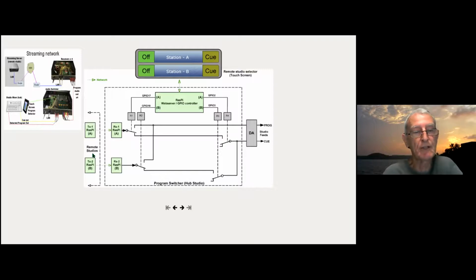Station A is on the remote studio, A and B. The receivers back at the hub, studio, A and B. In here is the relay switching, pretty basic stuff and nothing really difficult about that. I kept it really simple and practical and easy to replace, easy to fix is pretty important when you're in remote areas. And on this side, of course, the two Q buttons, A and B,